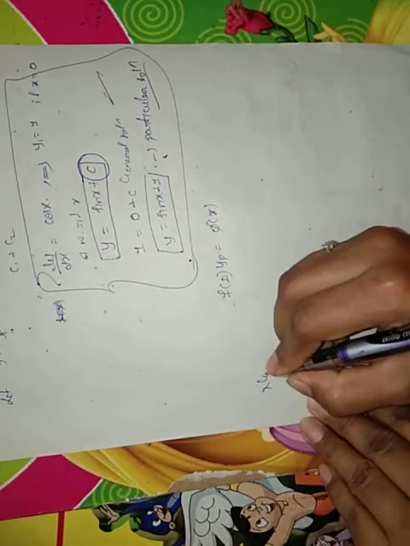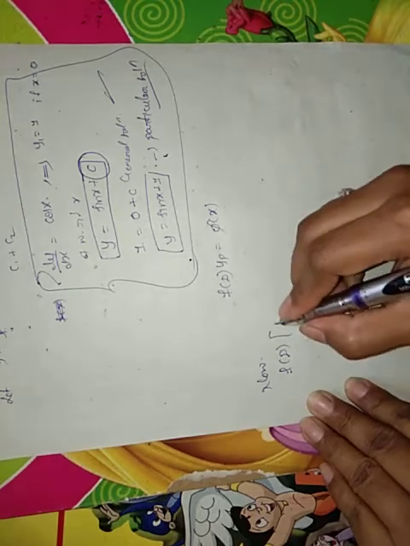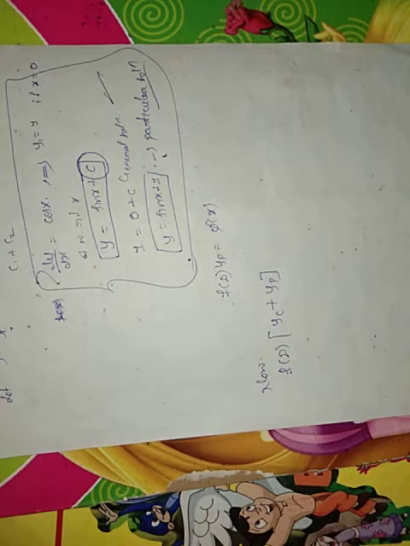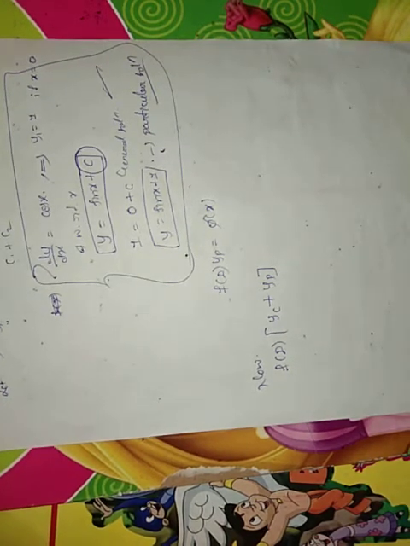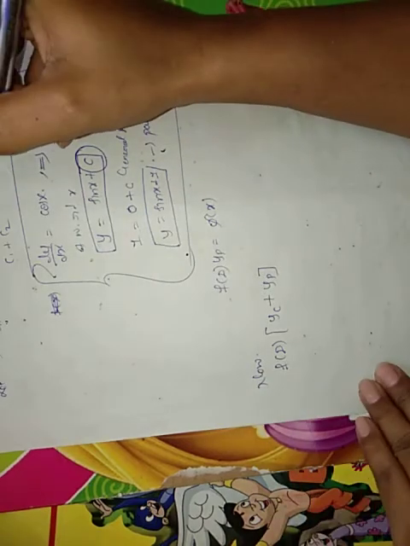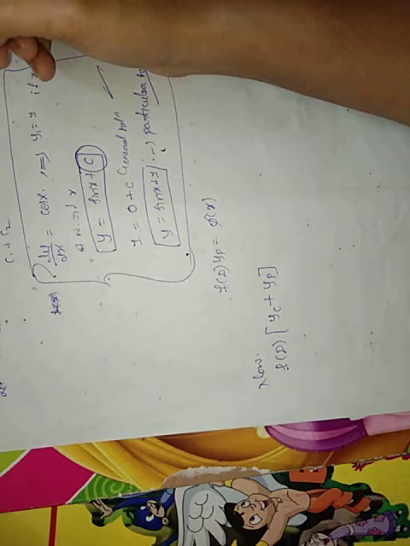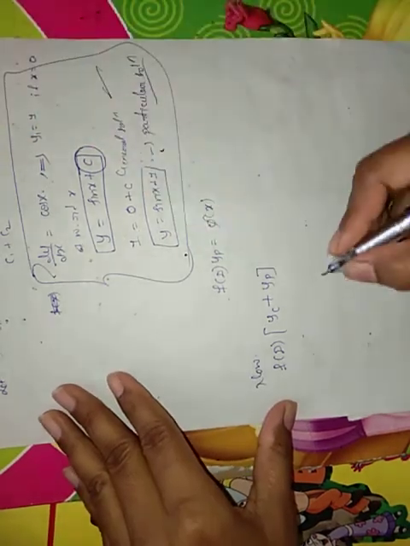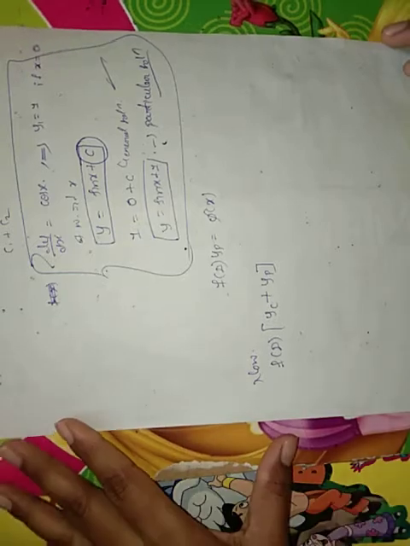Now I am taking f of D of both the particular solution plus the complementary function. Because we have both the particular solution and the complementary function for the given equation, in that case, what is the solution? Does the condition satisfy or not? That we have to check now.